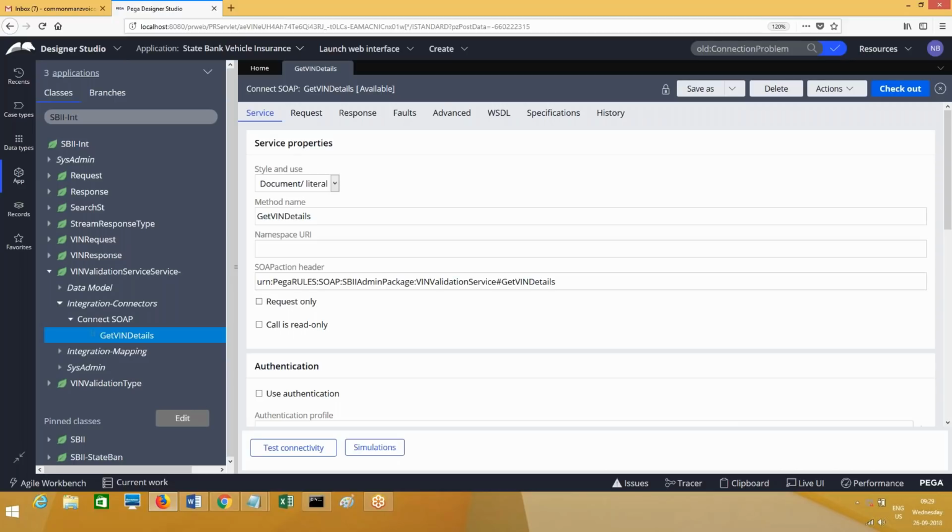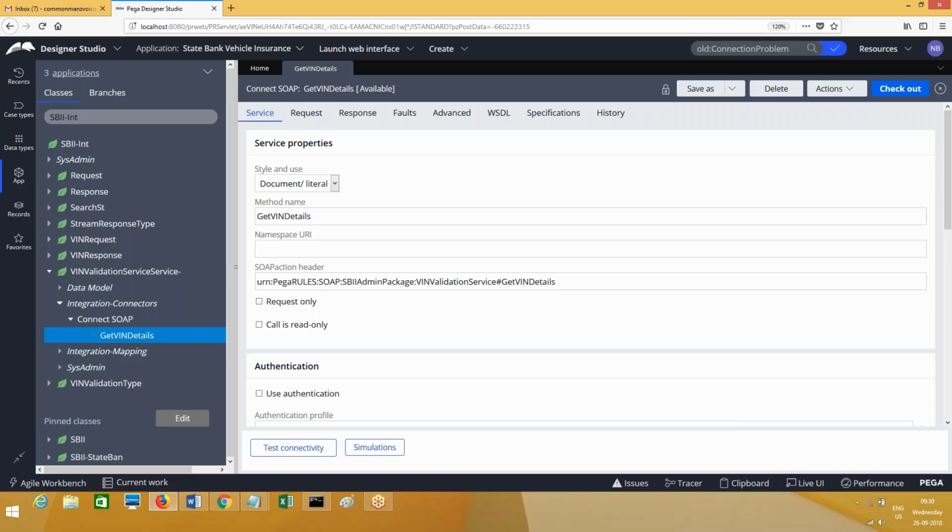When you mention both of these exception handling options, for example, in connect SOAP I have done exception handling at the jump step, and I am also calling connection problem flow in the connect SOAP rule, so I have mentioned two ways of exception handling. Always the activity will take the priority. Connection problem flow will be ignored and activity-level exception handling will take the priority. This is most important. This is clear, everyone? So this is how exception handling will be done.